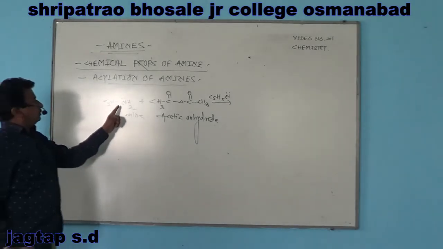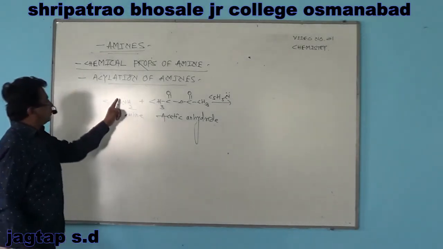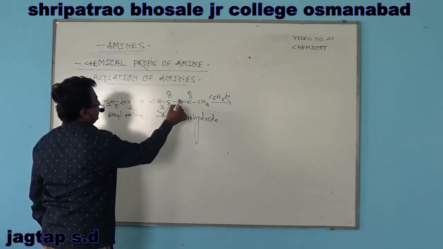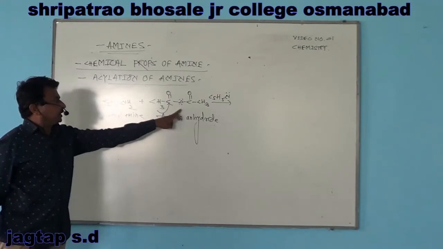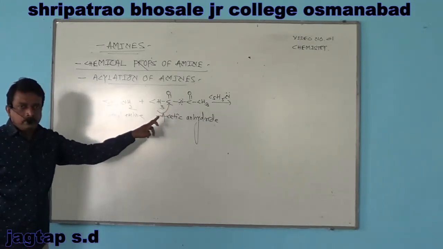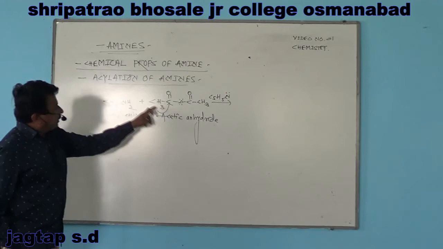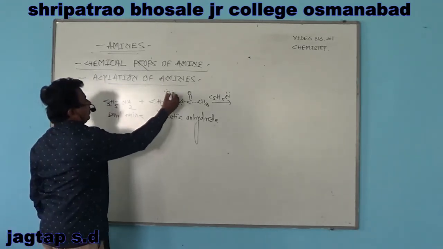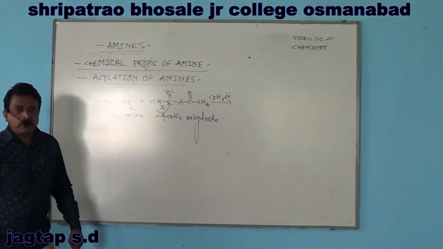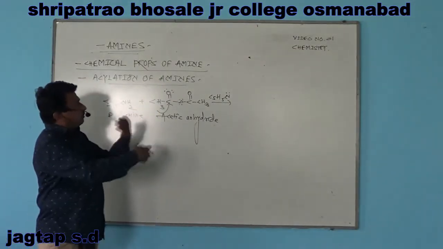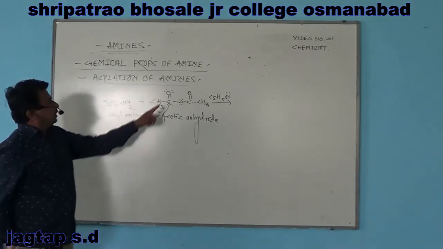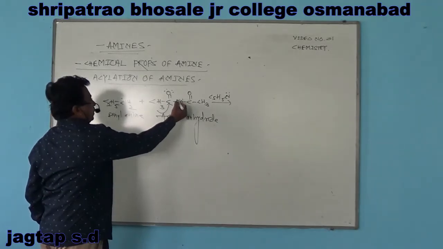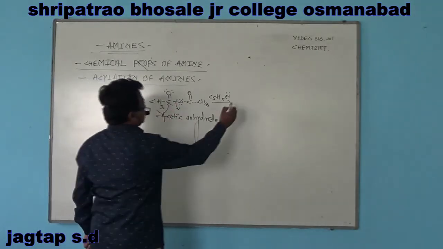In primary amine, the functional group is -NH2. The nitrogen atom contains a pair of electrons and has a tendency to donate a pair of electrons to an electron deficient species. Here oxygen contains a pair of electrons, and oxygen is more electronegative as compared to C. It attacks the electron deficient carbonyl carbon, at the same time the shifting of pi bonding electrons takes place towards the more electronegative O to form an intermediate compound. Then the pair of electrons shifts back to its original position, at the same time the fission of the C-O linkage takes place to give